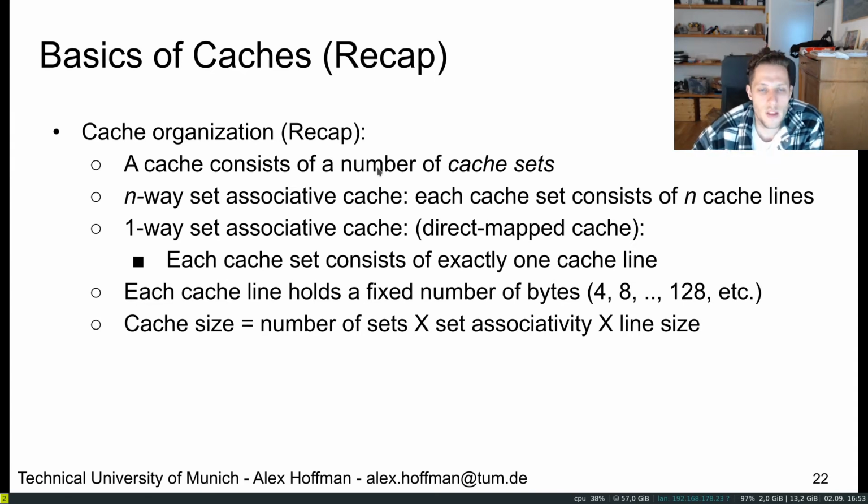But the cache is obviously very small because it's very expensive to produce, so CPUs generally don't have much of it. How we manage this small amount of memory plays a large role in how efficient it is, or how much optimization we can get out of it. To use this small amount of memory, there are a few characteristics that exist in how we interact with it, namely the cache sets,